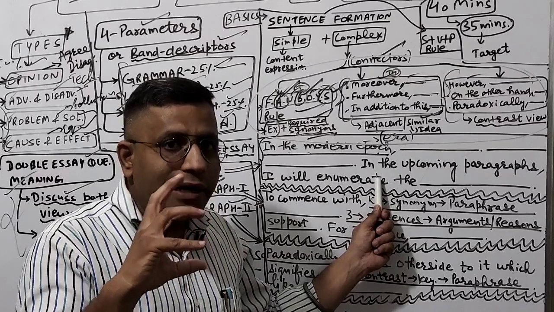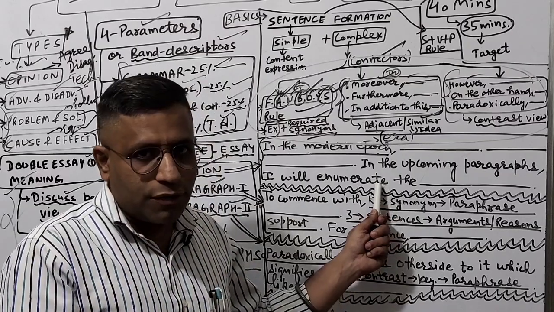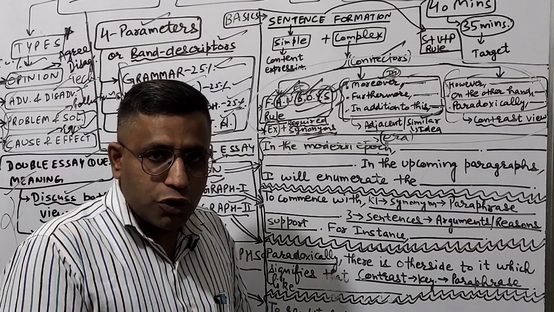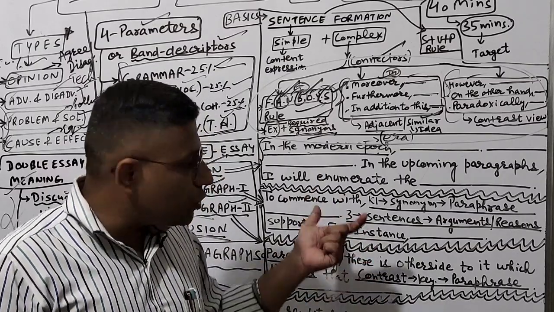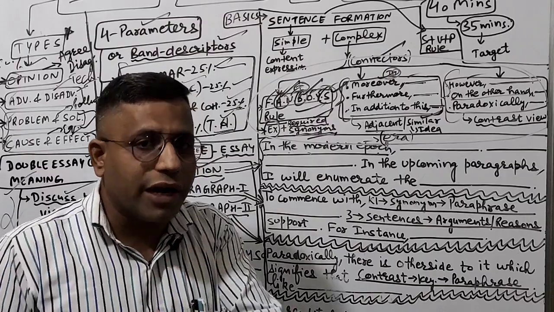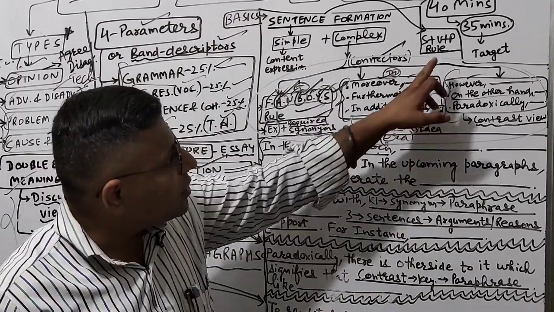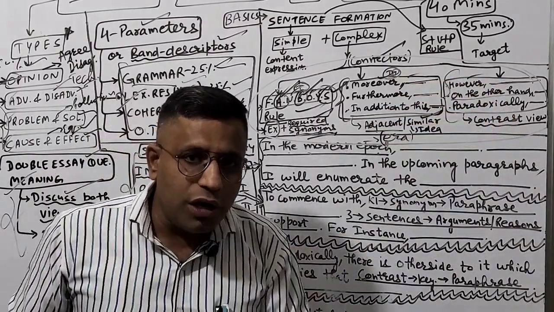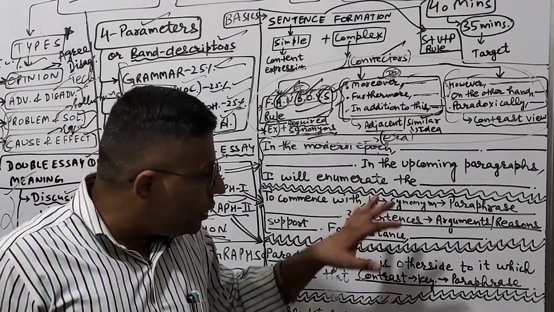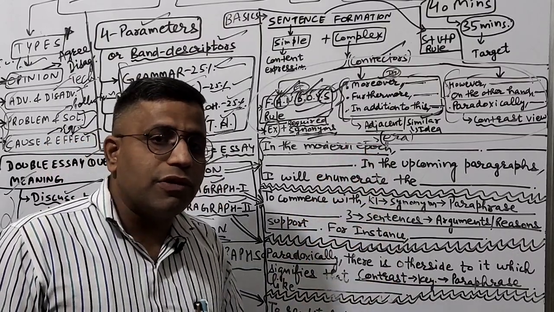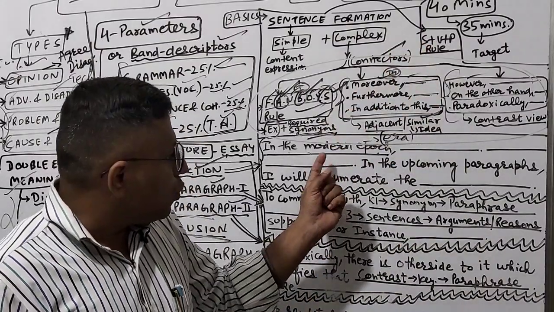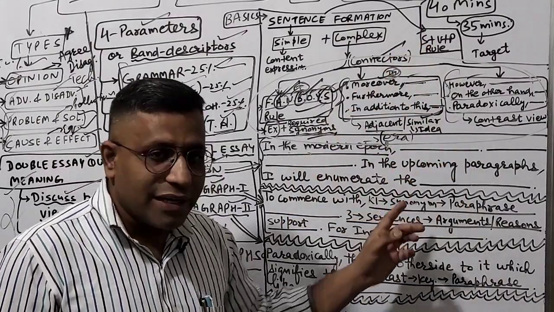I'll be taking one demo essay in the second part of this video. There you will understand how to paraphrase the complete essay. So please, right now, just look at the keywords which you can paraphrase, which you can fit in different kinds of essays. Because the challenge is the time limit. If you are given the whole day, you can write a very good essay according to your privilege also. But these few sentences and keywords will help you write the essay in 35 minutes. Okay. So, in the modern epoch, comma, then 3 sentences, full stop.